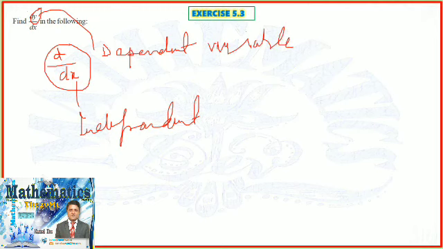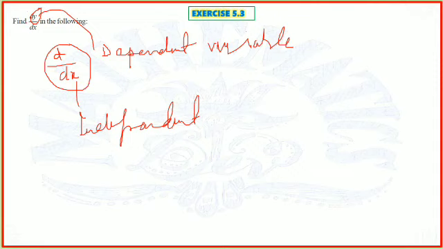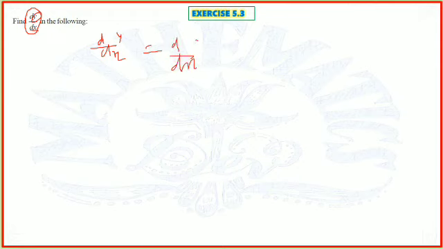Now we are differentiating. What does it mean? Dy upon dx means y has been differentiated with respect to x. That is the only meaning of dy upon dx. That means d over dx and then y, or it can also be written as d over dx and then f of x, and that is sometimes written as f dash x. F dash x means we have differentiated it once. So let us go for the question.